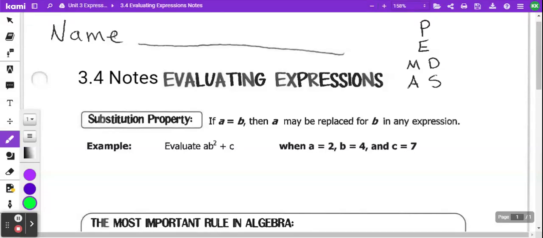Today we're going to be talking about evaluating expressions, and if you notice, the root word of evaluate is value. So when you evaluate an expression, you find the value. You will take the variables and substitute, that means you take the number for the variable and put it in its variable's place. You will substitute the value, and then you will use PEMDAS, whose real name is order of operations,